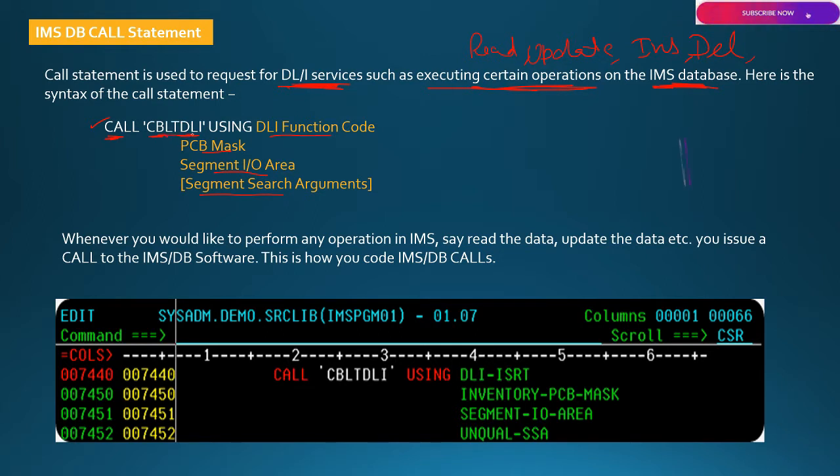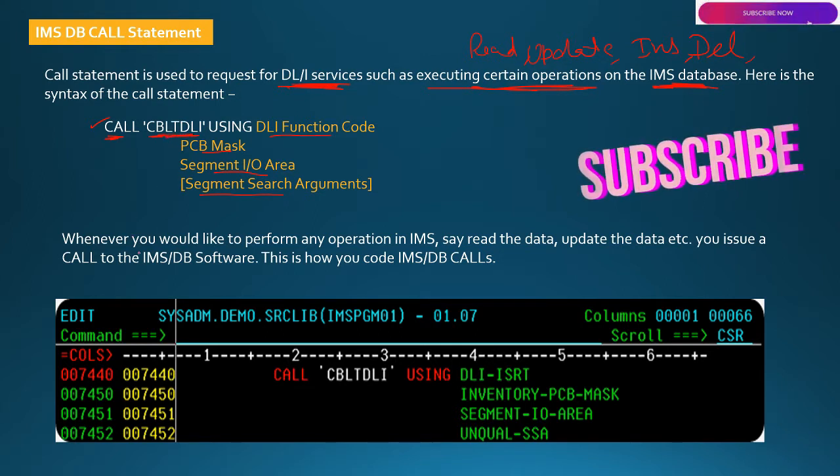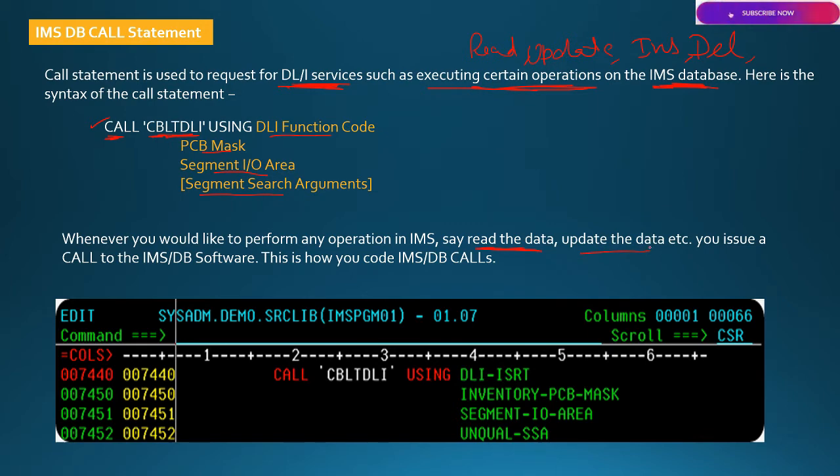Whenever we want to perform any operation in IMS, like reading the data of a segment, updating the data of a segment, or inserting a new segment, we issue this kind of call statement in IMS DB software.